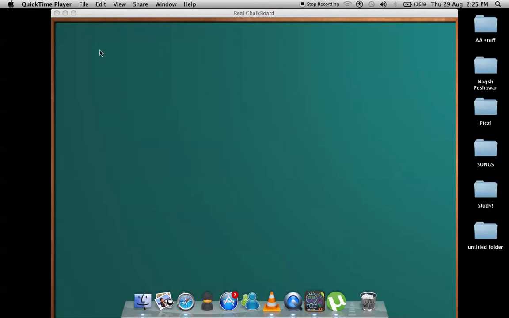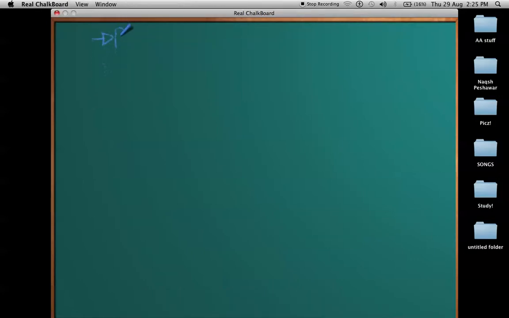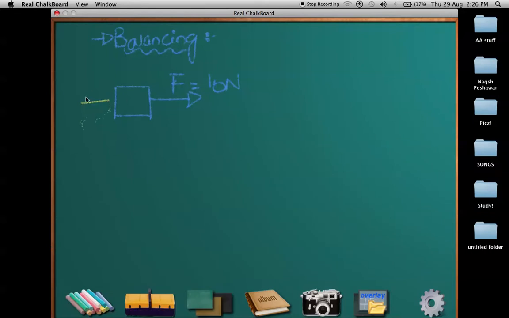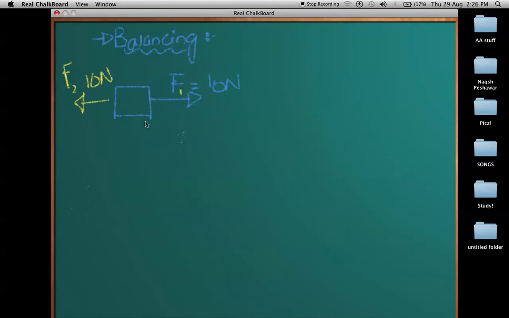Hey guys, in this video we'll be talking about equilibrium, or just balancing, simply. Earlier we talked about balancing when, let's say, this was the object and this was a force being applied to it of, let's say, 10 newtons, and there was a force in the opposite direction of the same magnitude, let's say 10 newtons. Call it F2, this is F1. So when F2 is equal to F1 in magnitude and they're both in opposite directions,